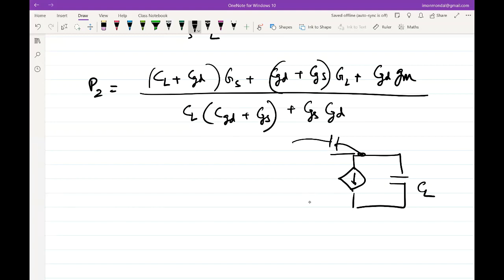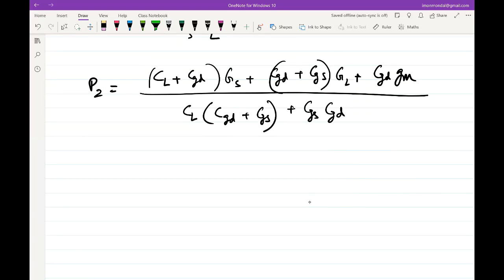This is CL. So in the absence of the CGD, the output would have been some conductance over CL. Correct? So I would like to get that CL in isolation in the denominator, because that should appear. So I am trying to club all the things that are associated with CL, and divide by the terms that are multiplied with CL in order to isolate CL, right? And then try to see whether things make sense. So if we do that, in the denominator, we get CL plus